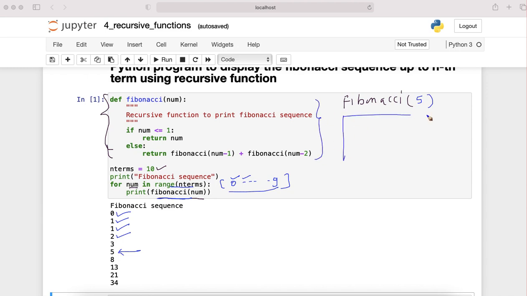So when I have this Fibonacci 5, I execute this function. In this function, now here num is equal to 5. We check, is num less than or equal to 1? No, num is not less than or equal to 1. We don't return this. We return this. That means I return from here. What do I return? Fibonacci of num, which is 5, 5 minus 1 is 4, plus Fibonacci of